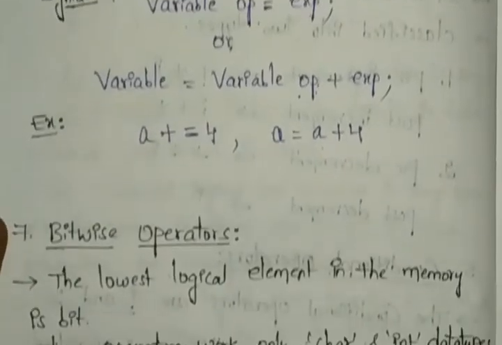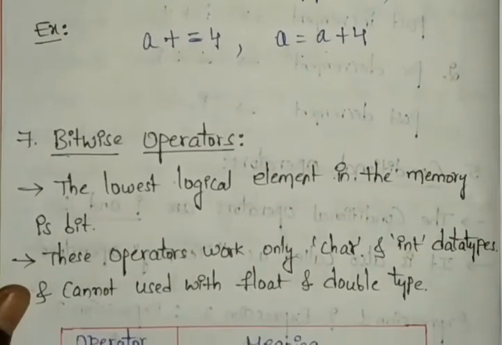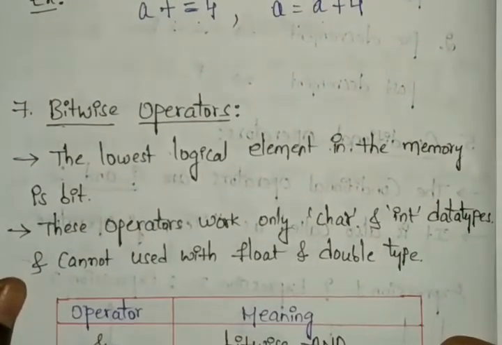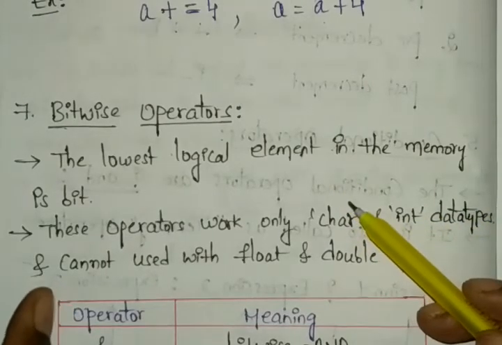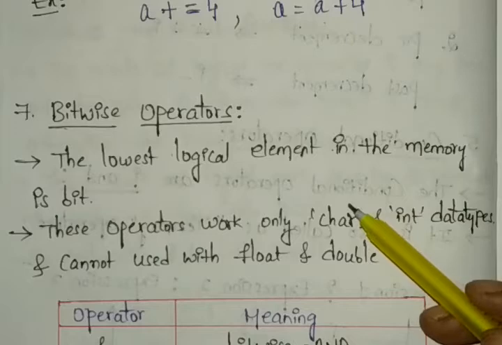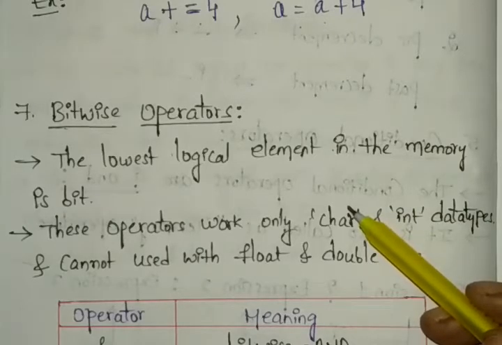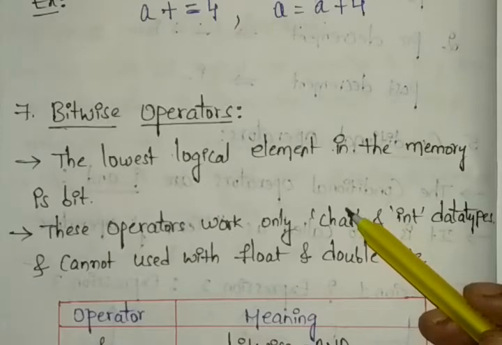And next here we have the seventh one, that is the bitwise operator. So this bitwise operator is also similar to our logical operators. In the logical operators, whatever operators we have, we are performing them with the truth table, right? But in the bitwise operators here,